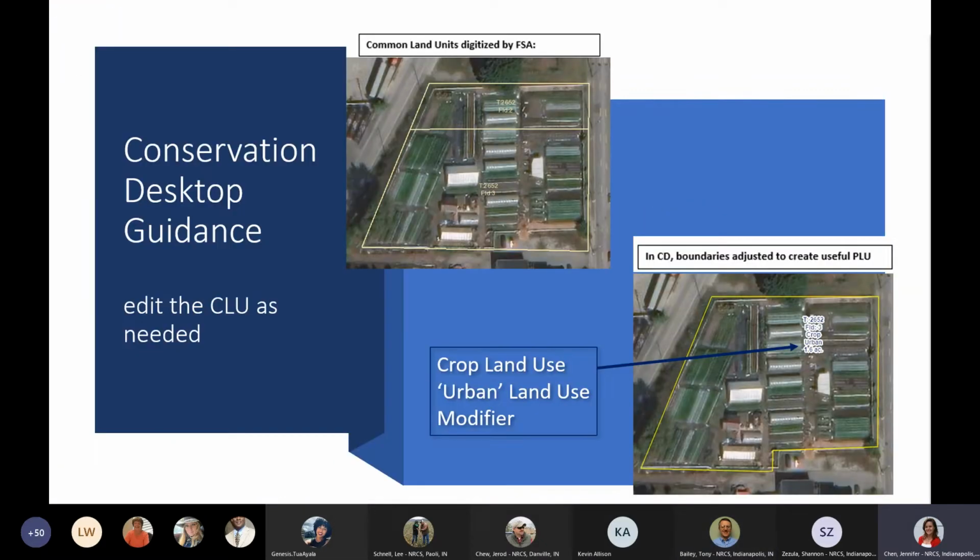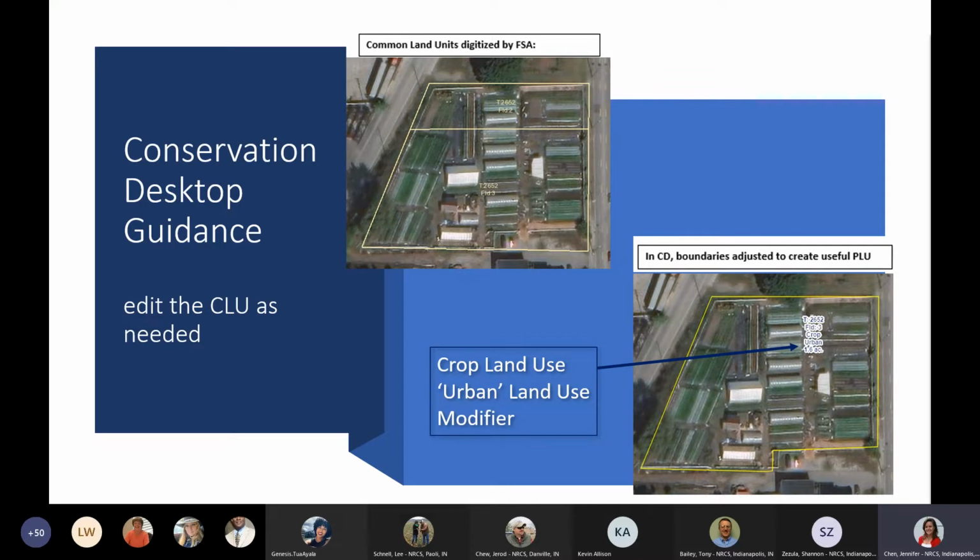So the first step when we talk about putting information into our business tools is working through Conservation Desktop to identify the land that we're working on. And typically the process is that we start with what FSA, or the Farm Service Agency, has put into the system with regards to the land and the designation of those land units. And we usually refer to the CLU, or the common land unit, as a starting point for where that land is. So I just want to point out something that's available as an option for any conservation planning effort, but might be really applicable here